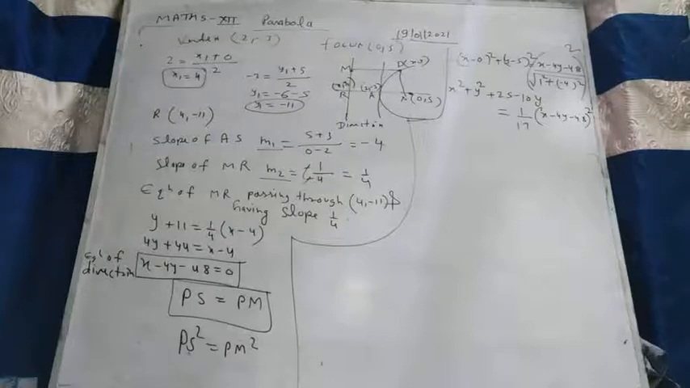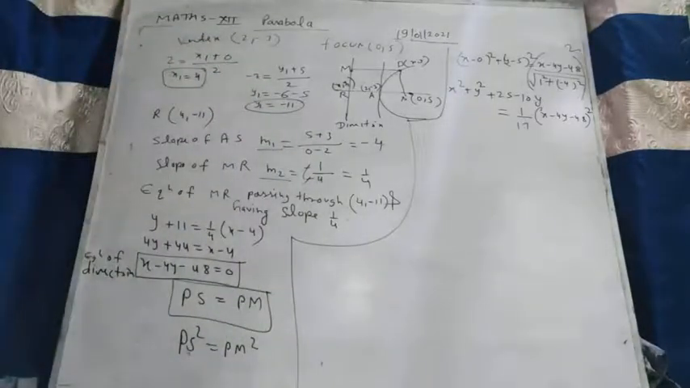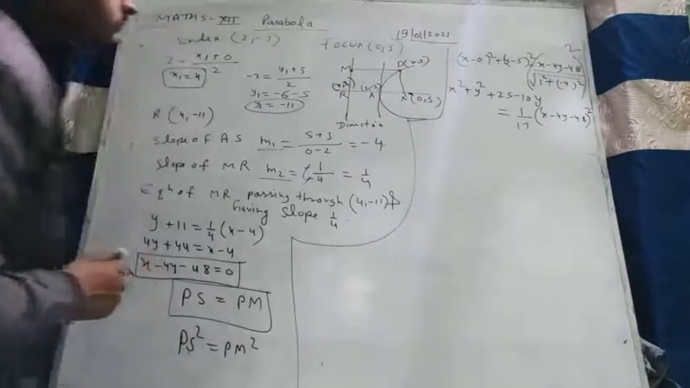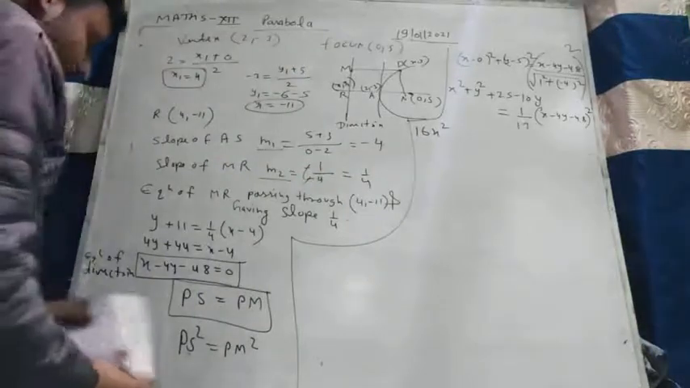Okay student, now we will expand this and get the equation of the parabola. So when we are expanding this, after expansion and solving, our result is 16x square plus y square